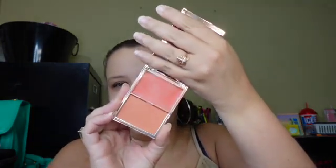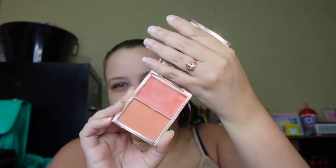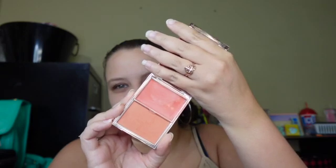Next is this blush I got from Patrick Ta. It is called Do We Know Her? And I haven't used the cream as much as I would like to. I've used the powder by itself several times. I've used the cream and the powder together several times. I do really enjoy it, and it is something that I definitely would recommend because I've even considered picking up